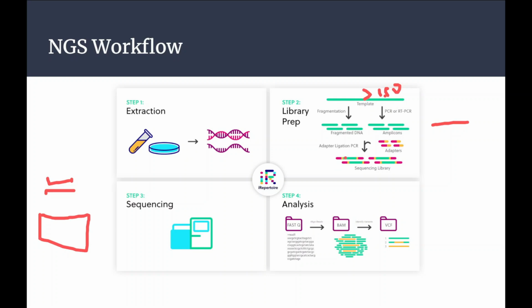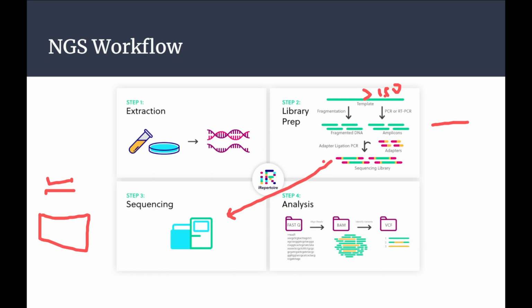So those you can consider as a tag part. As of now, we have the fragmented DNA and we have the tag associated with the fragmented DNA. And these things we are going to send for the sequencing. So the third step is sequencing. We are providing the reads that need to be sequenced.